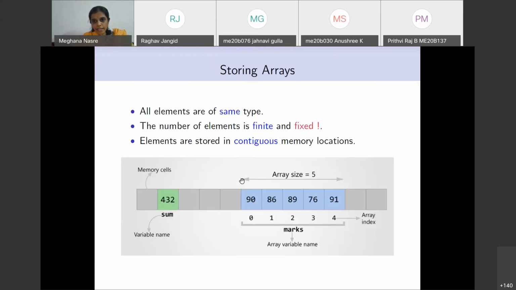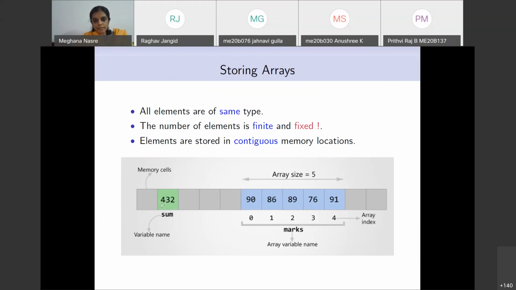Okay, so as we said, elements are stored in contiguous memory locations. So if you have an array marks which has 5 elements, this is the array size. All these blue cells are part of this array. Then these are stored together in contiguous memory locations, and that allows you to access the elements of this array using marks 0, marks 1, marks 2, marks 3, marks 4, and so on.